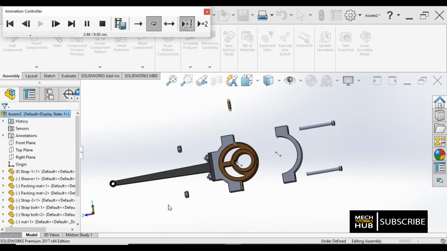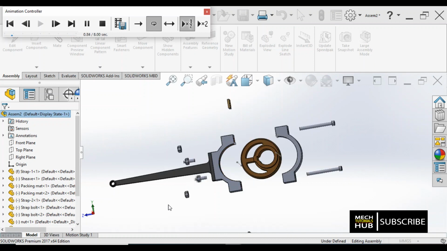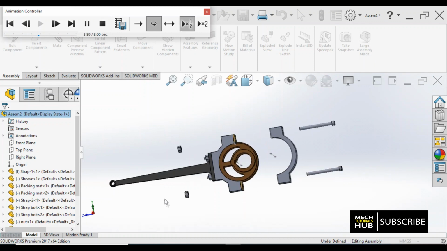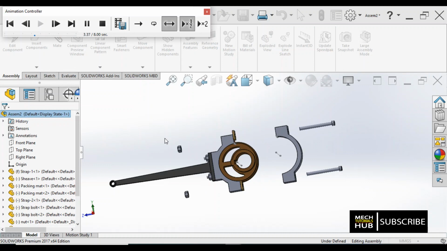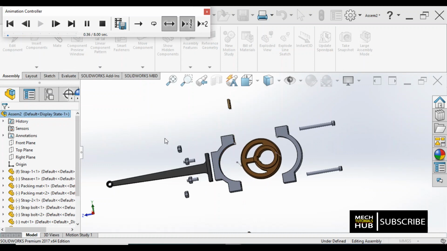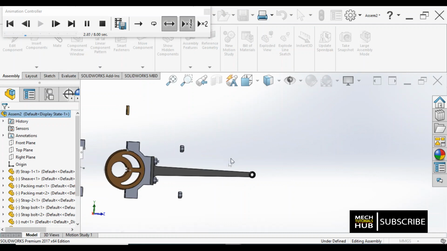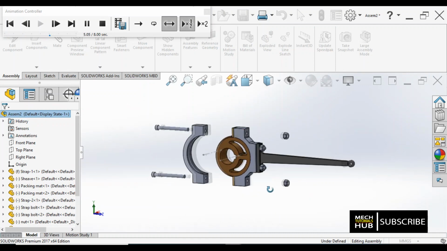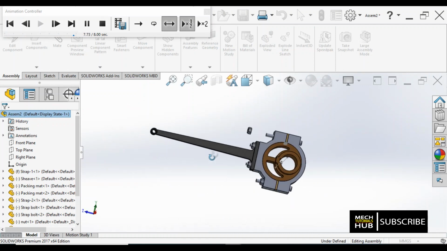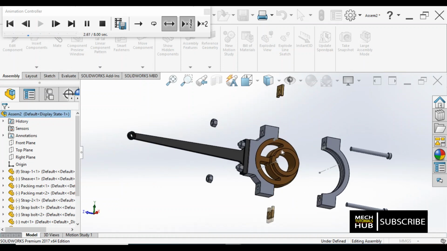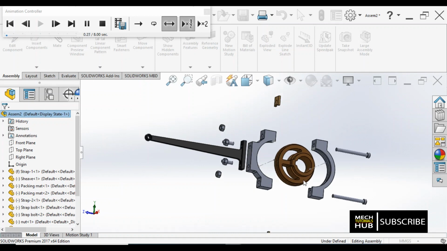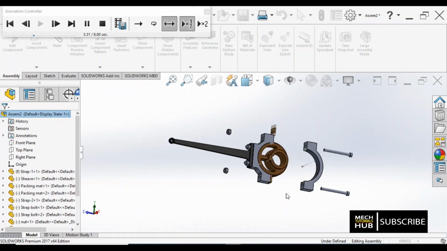The way we have given movements, have a look at the component properly. The way I have dragged one after the other, in the same sequential order, it is moving inside to its working position. So this is the best way to have a visual effect of the complete exploded view and unexploded view. This is how the animation is prepared. And while animating also, you can rotate the complete component, that is also possible. No need to worry. You can rotate by using the middle mouse scroll button. By holding it, you can rotate.